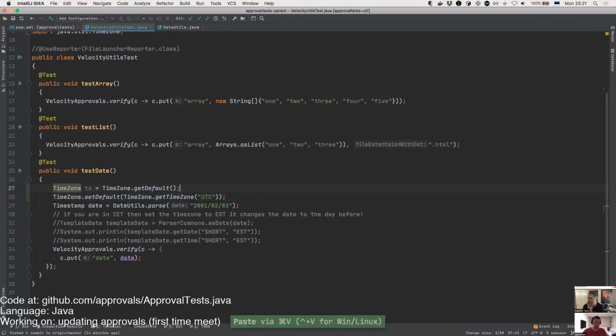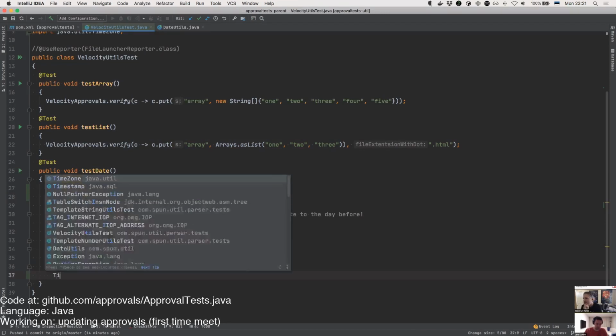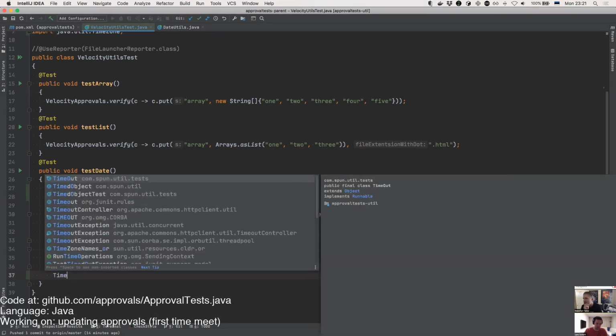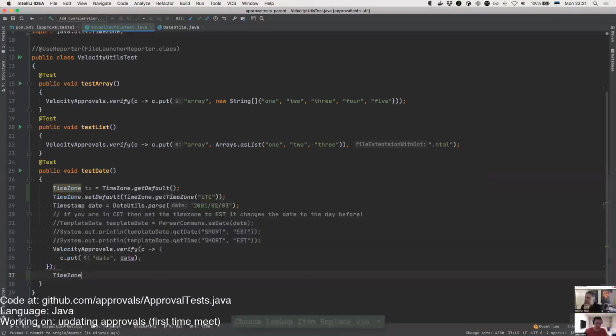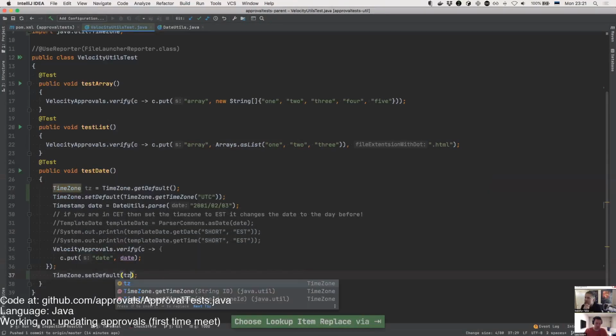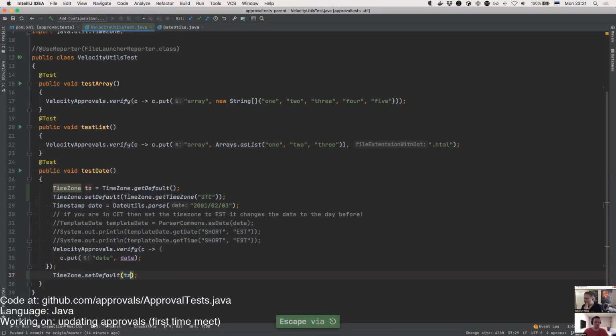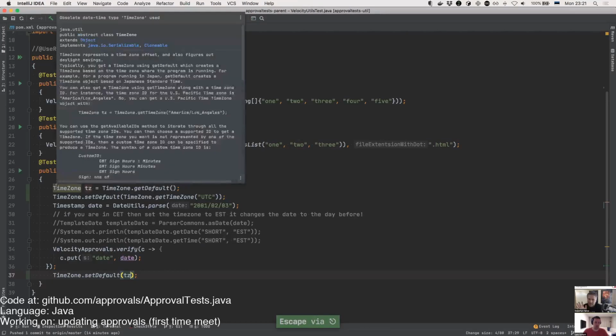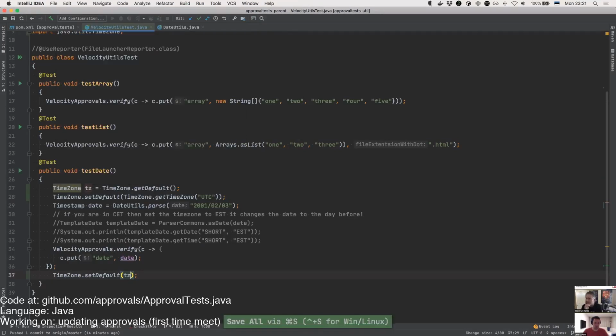And then at the very end, on line 36 and a half, yeah, do a time zone dot set default TZ. Okay, so let's run that for a second, just see it pass, and then I'll clean it up because it's bad right now.